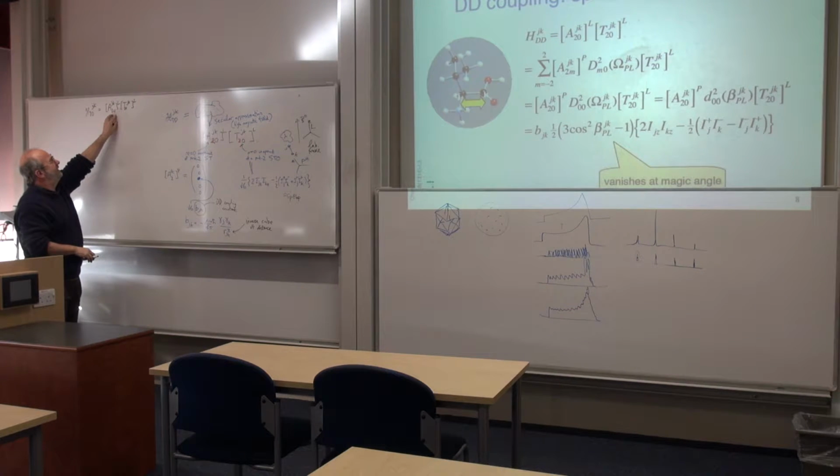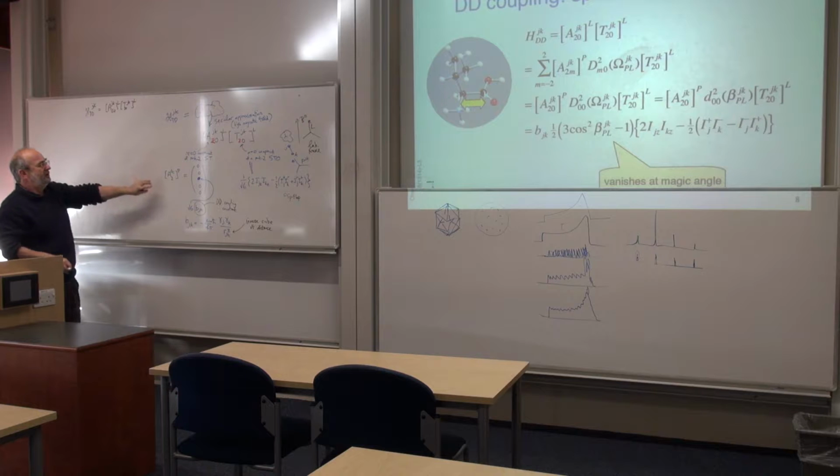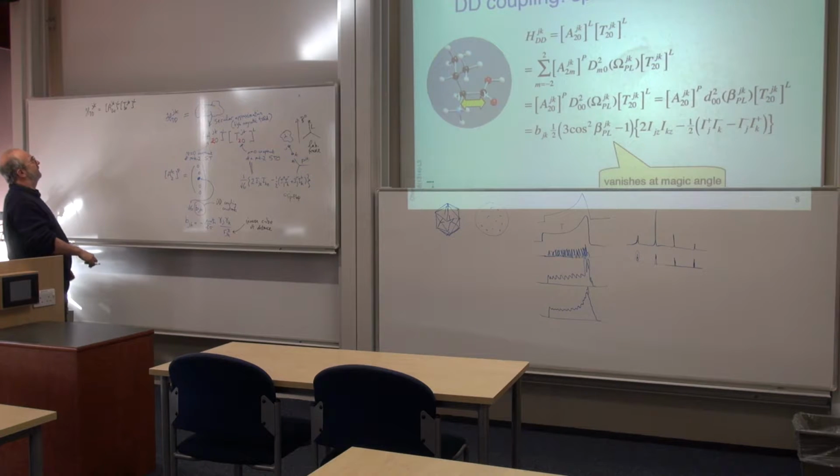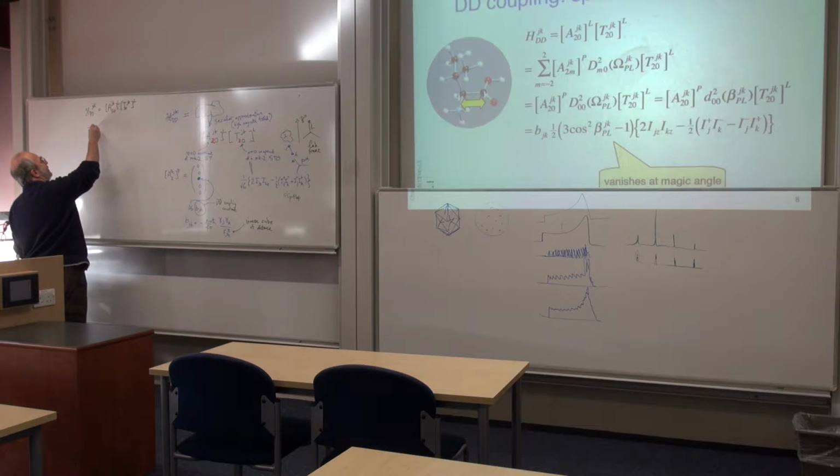And then one says, okay, this is in the lab frame, but dipole-dipole coupling has its simplest form in the principal axis frame. So we need to go from the principal axis frame